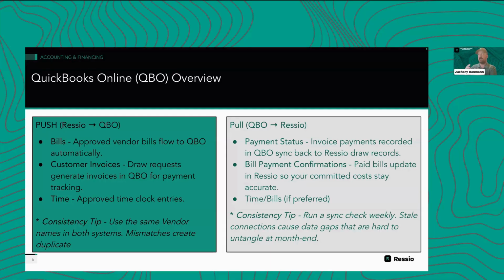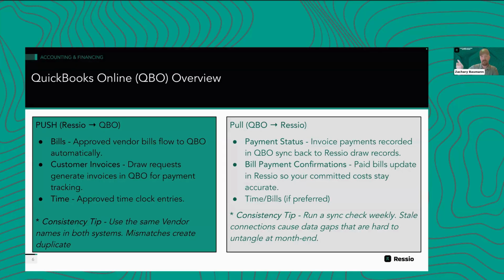If you don't want to use our payment system, or if you take a check or cash or Chuck E. Cheese gift cards or whatever it might be for your payment method, applying that payment in QuickBooks will still pull that over to the Ressio copy of the invoice. Currently, as it stands today, customer invoices that are created in QuickBooks do not sync back over to Ressio. Customer invoices specifically need to start in Ressio in order to be in Ressio. So just something I like to highlight here.